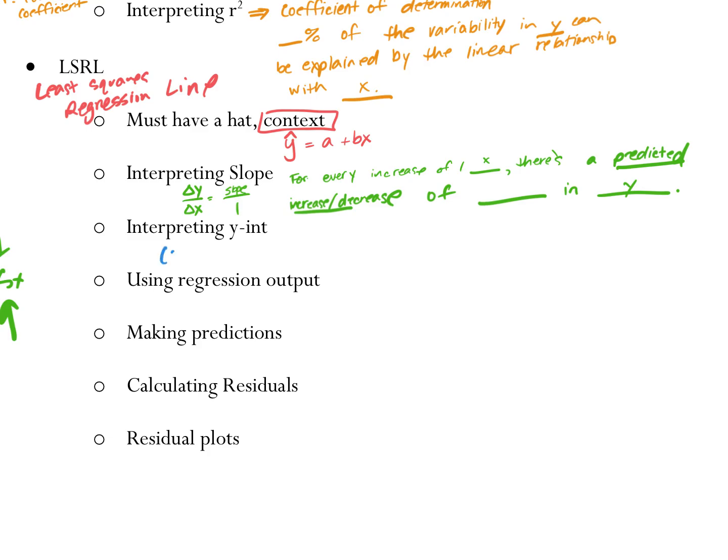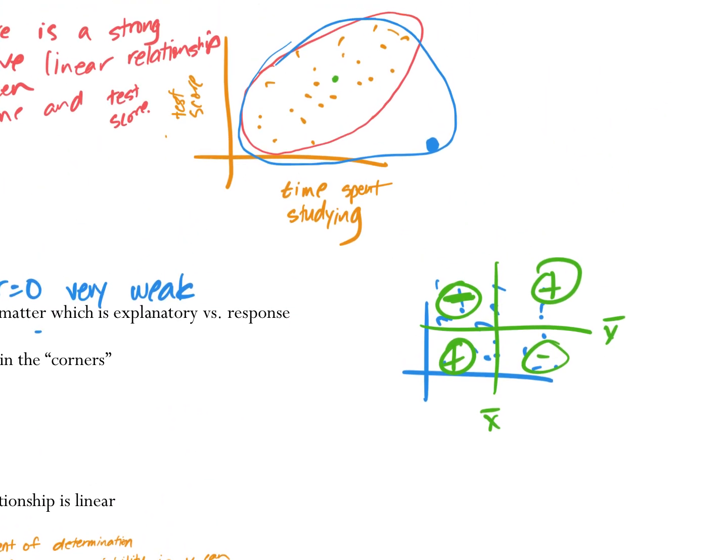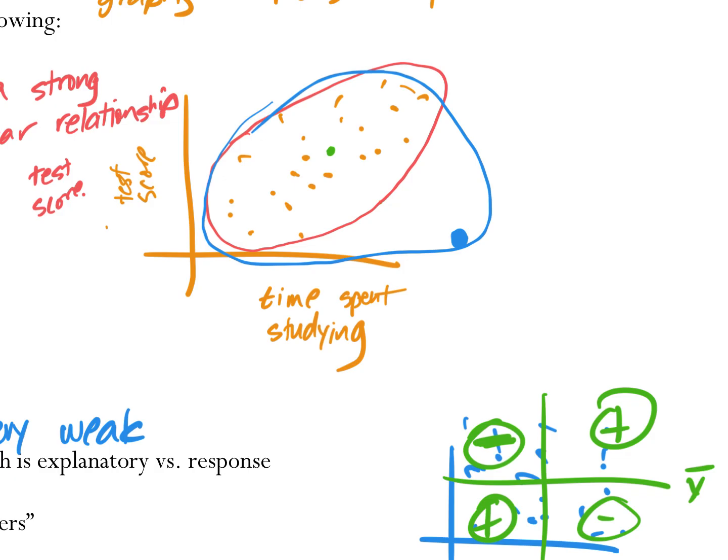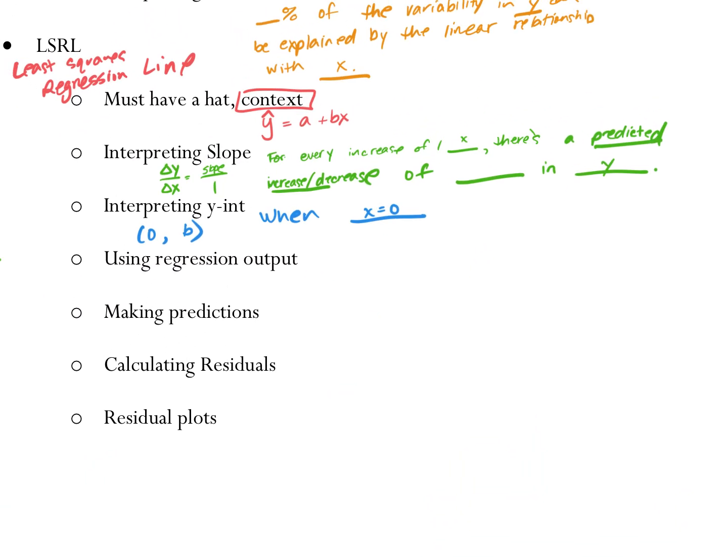Your y-intercept is always the point 0, y-intercept, yeah? So when, anything I underline means you got to put it in context, right? Okay. When x equals 0, that's going to be in context. So what does x equaling 0 mean? Like up here, instead of saying when x equals 0, you're going to say if somebody doesn't study at all, spent 0 hours studying. Yeah? Y is predicted to be